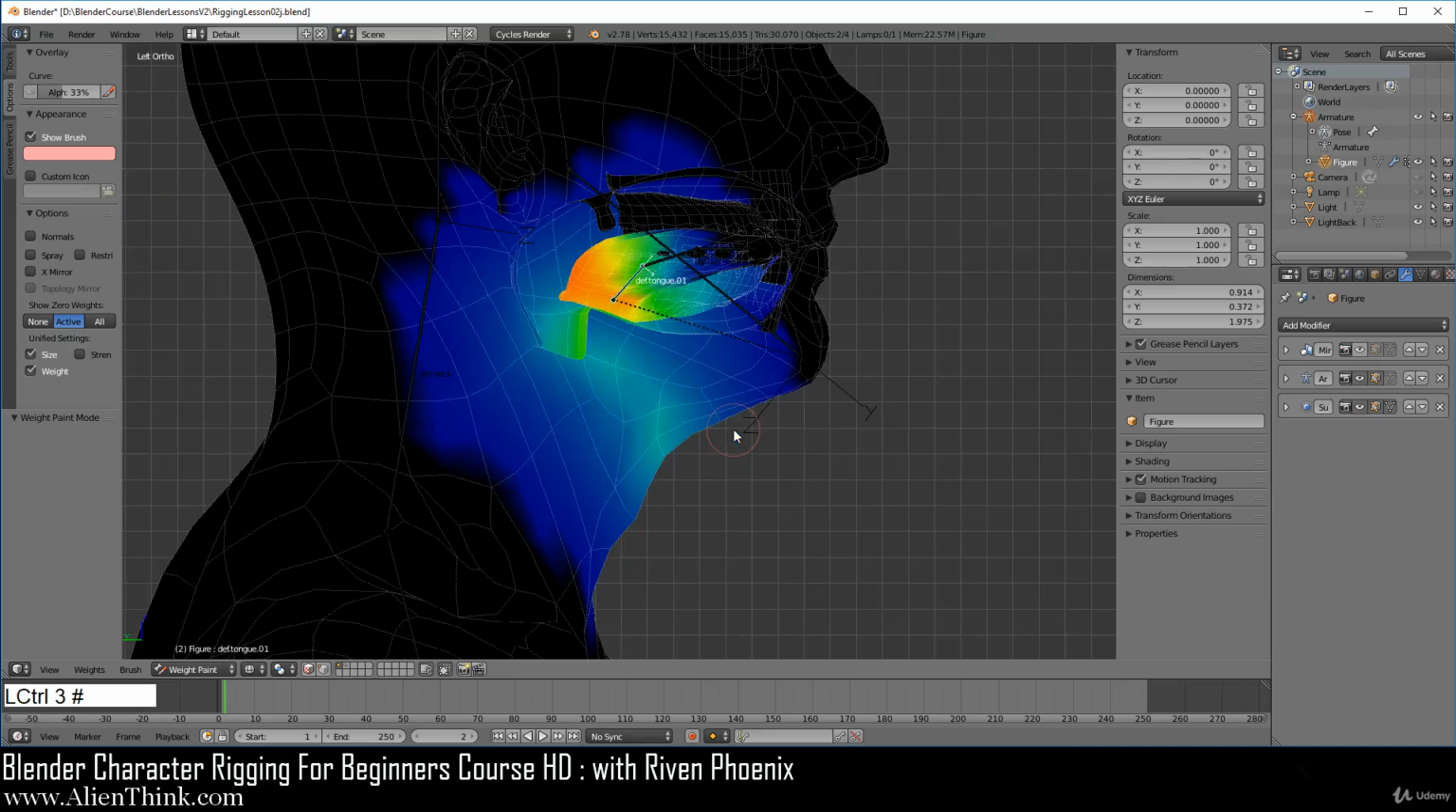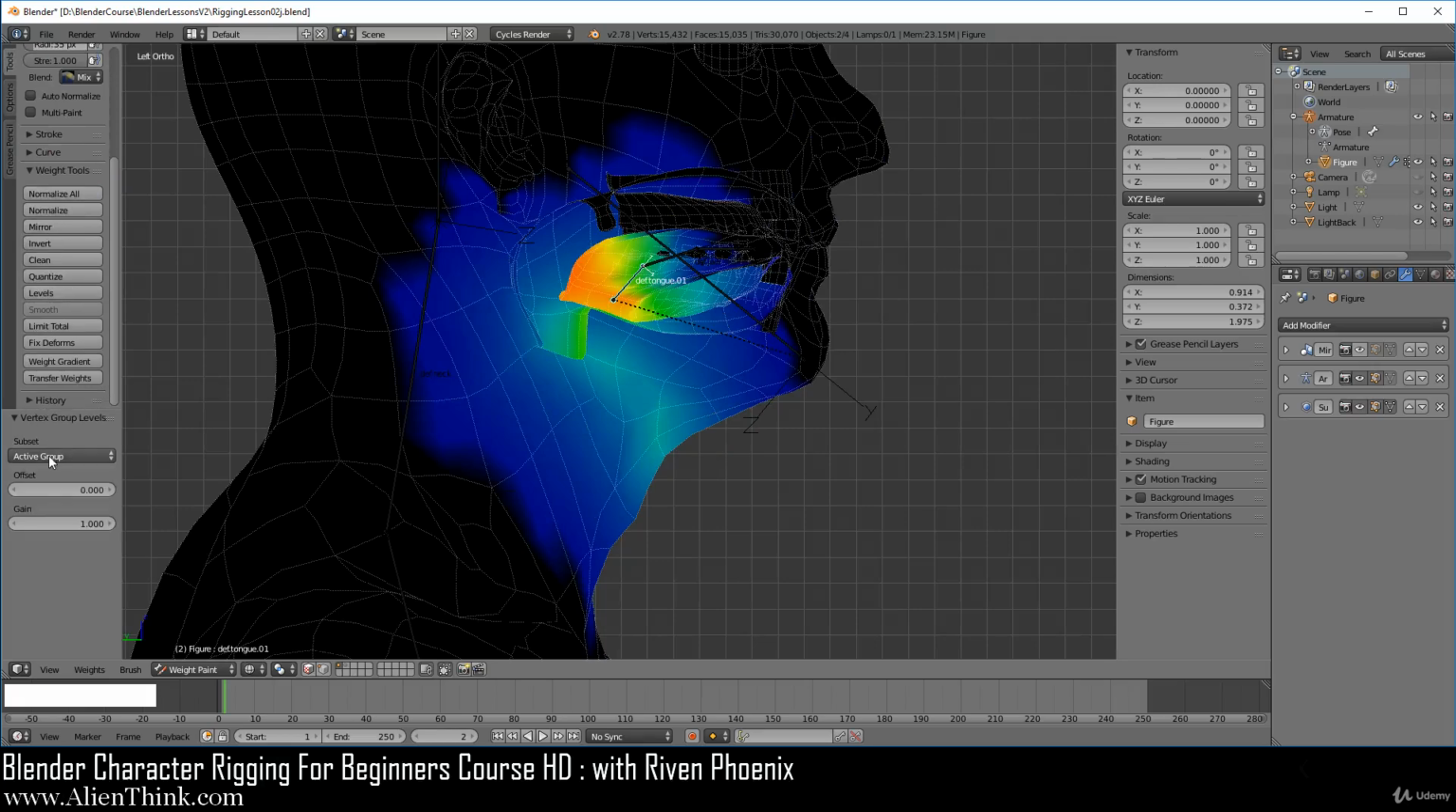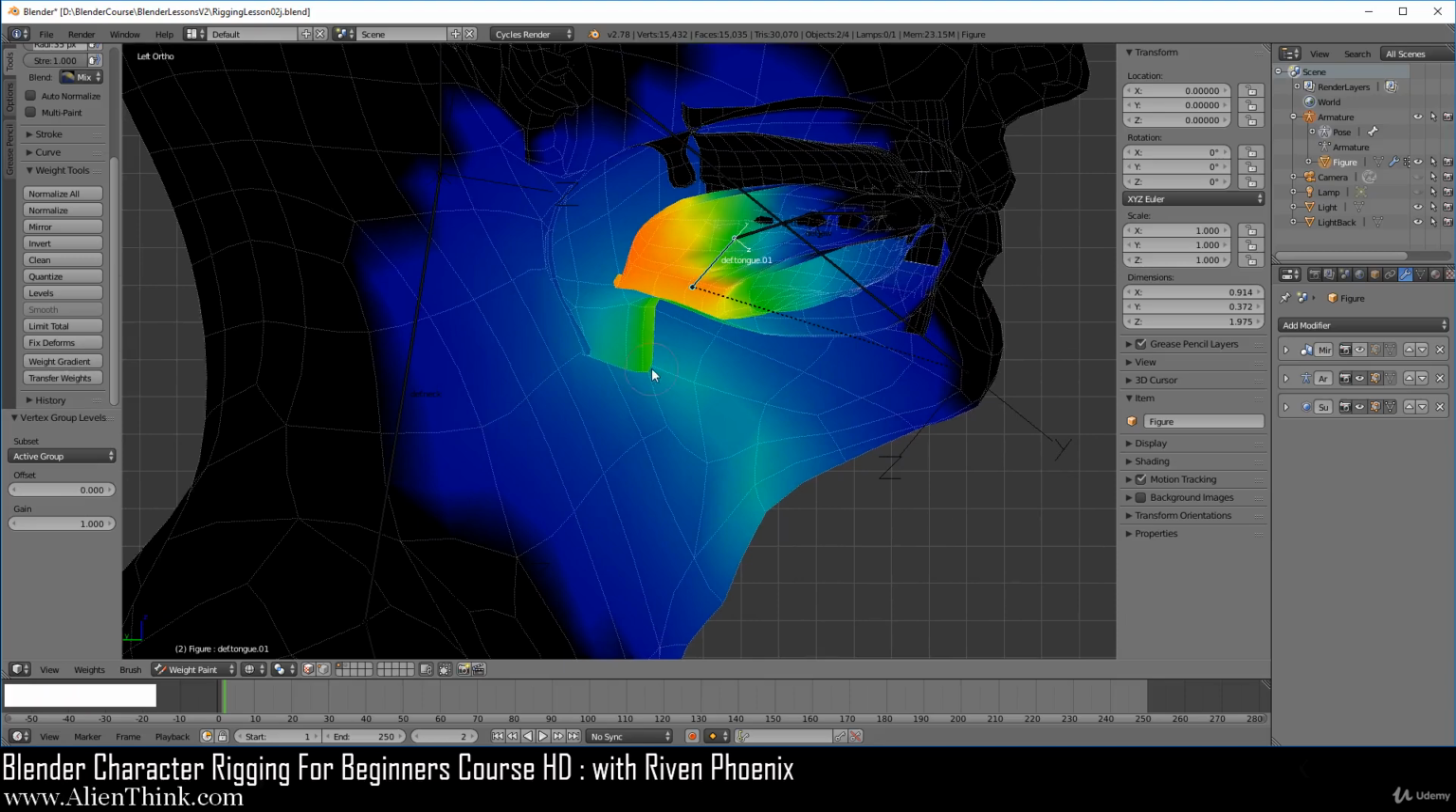So do Control 3. Go to Tools, and over here we're going to click on Levels. Make sure that this is on Active Group, this is on 0, and this is set on 1. Now notice what's going to happen. If we press the Shift key down and click our mouse over here and increase the value, raising the value for all the vertices at the same time, that if we lower the values, you'll see that the blue color is going to go